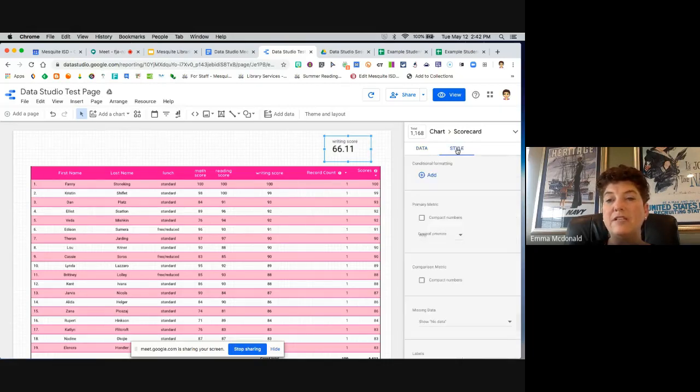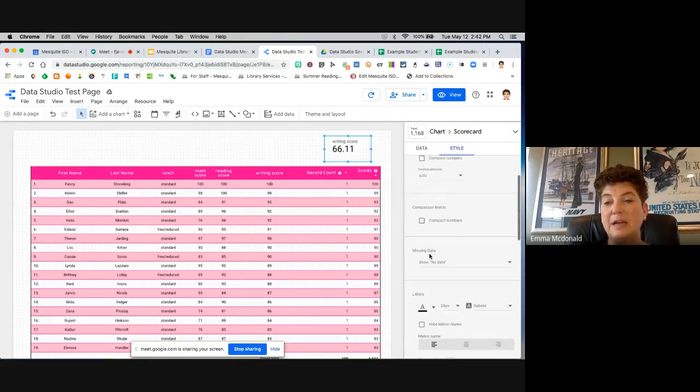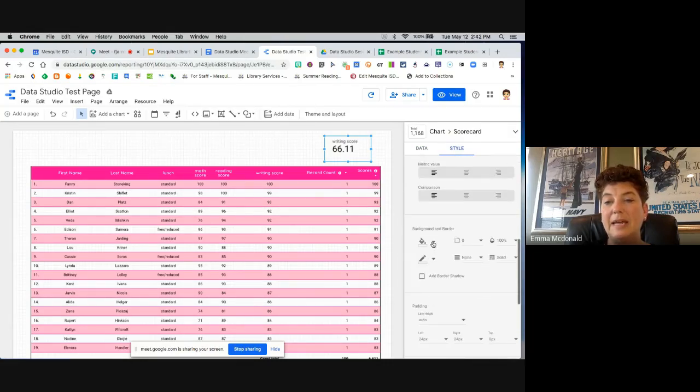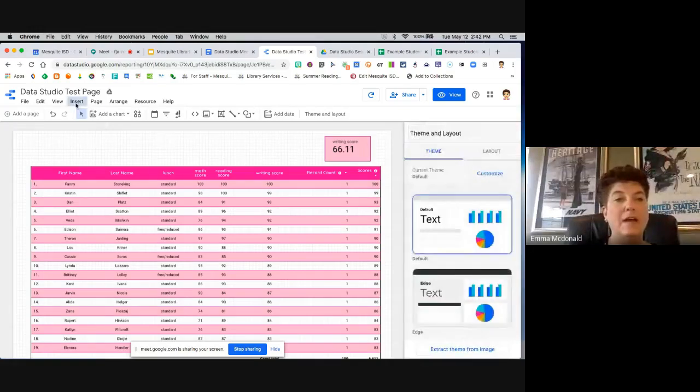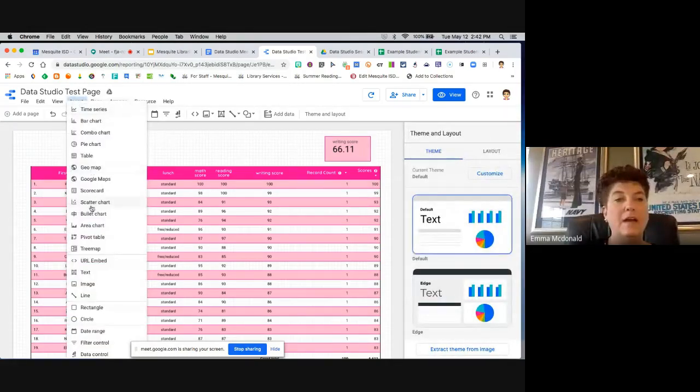I can go over here to style and make it look as pretty as I want it to look. I can give it a nice, pretty background color and an outline and all of those other things. Change the font so that it's pretty. Right? All right. The other thing I want to show you, you'll see here's the scatter chart, some other charts that